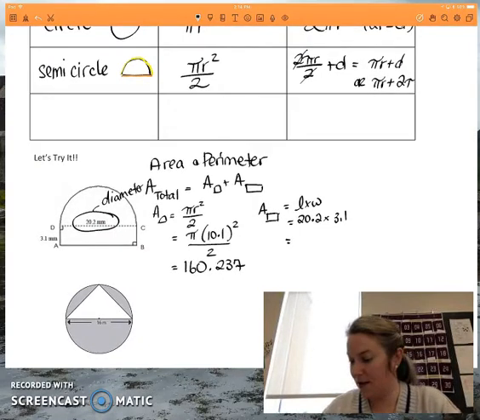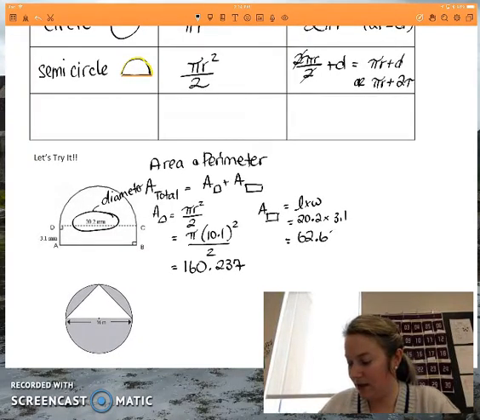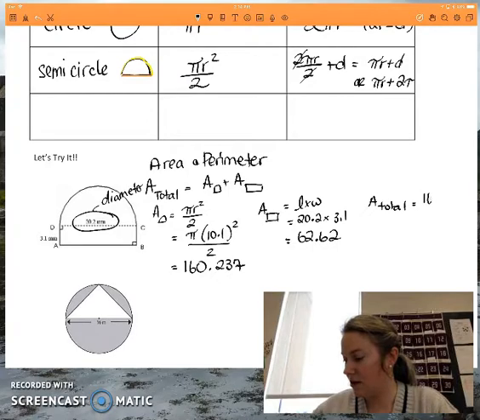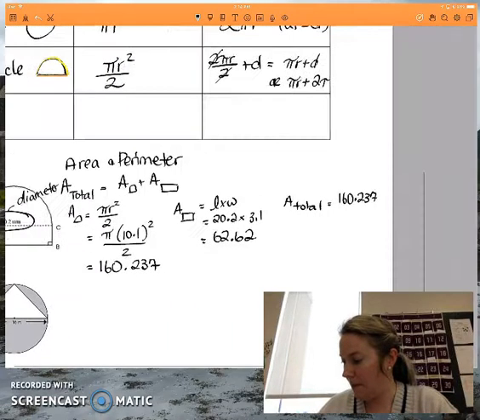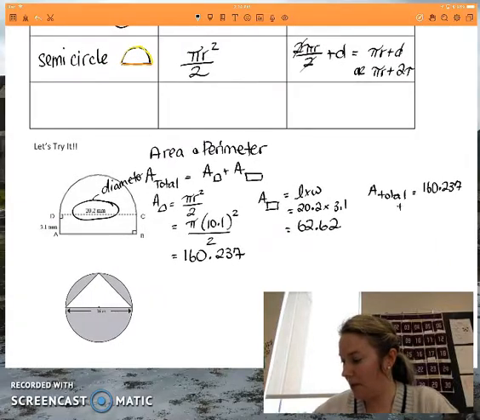And I'm going to get 62.62. And then for area total, I'm going to add them together. So 160.237, that's the end of my page, plus 62.62 is going to equal